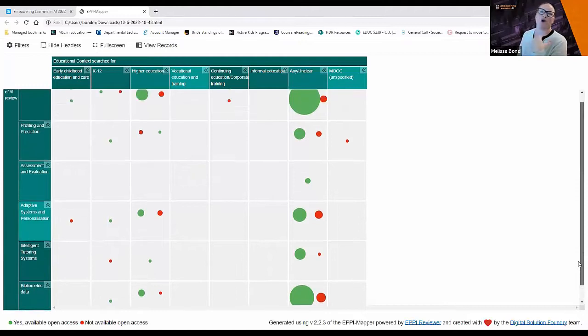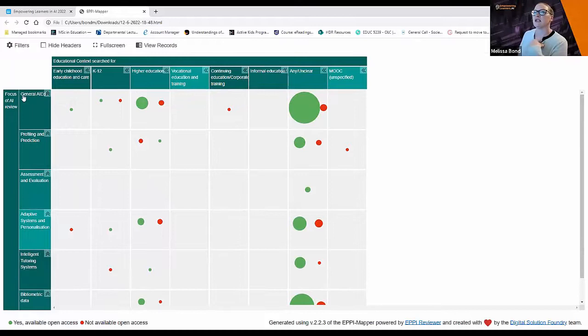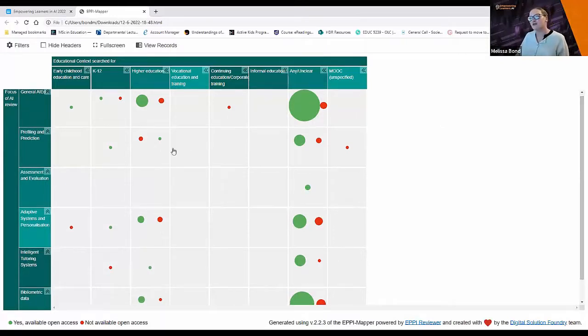So things like the top journals, the top authors, citations and things like that, as well as reviews that were saying they were looking at artificial intelligence in education in general. They didn't specify a particular type. They just said they were going to be looking at everything. And I think, given the larger the bubble, the more studies there are, and I've separated them into open access and behind a paywall. And I think you can really clearly see where there aren't any reviews being done.